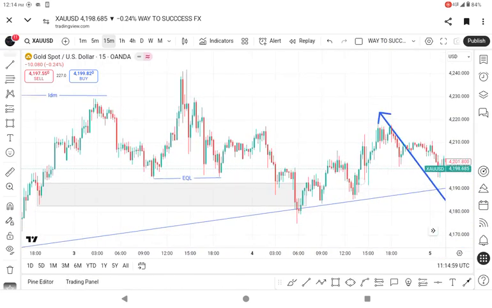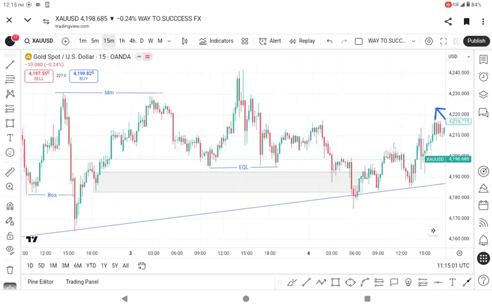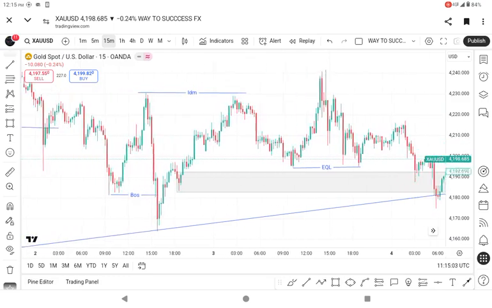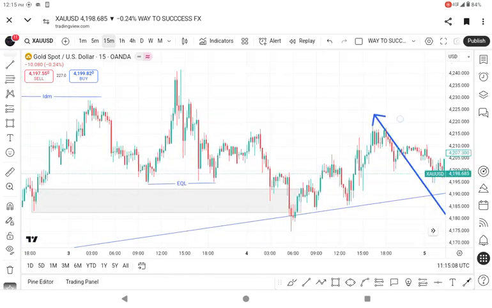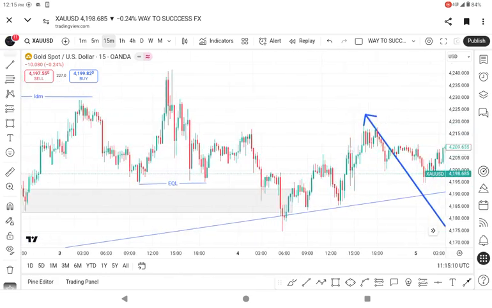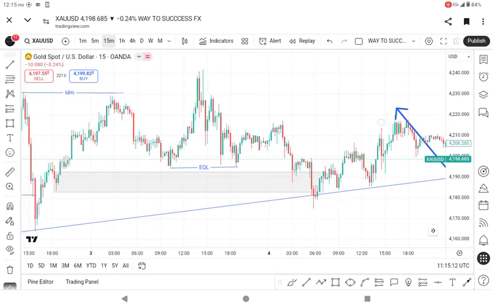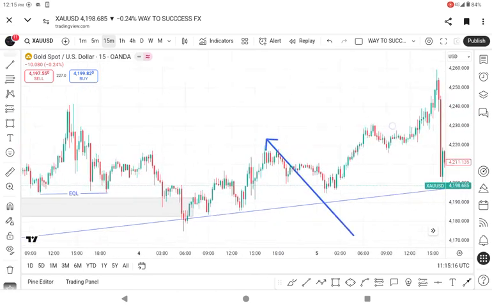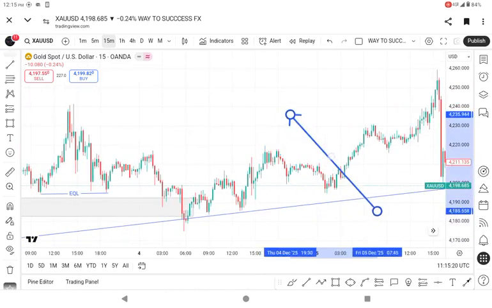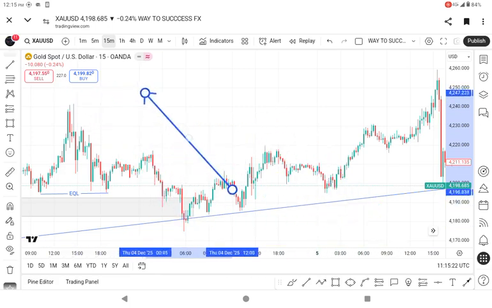So even before the weekend, I think on Friday, I made a video saying that gold is currently bullish and making a bullish attempt on 15 minutes. But because of the trend line I have on H4, I'm not going to be buying gold, and I'll be expecting that trend line to be taken out. So price traded to the upside